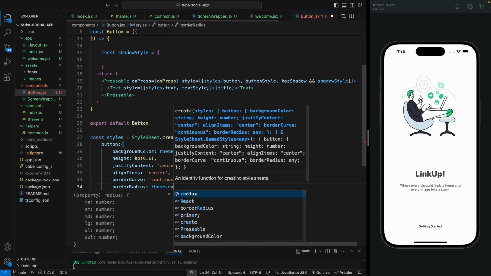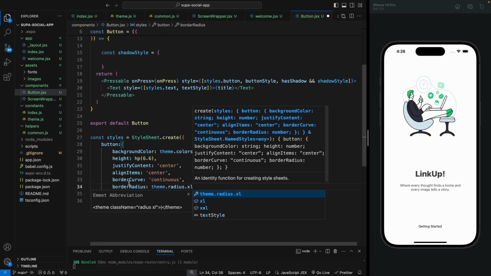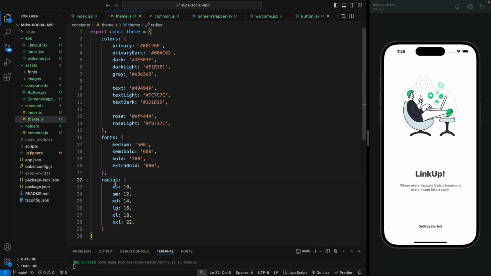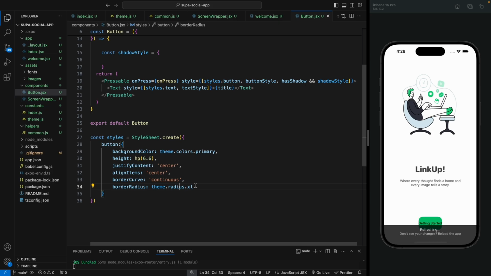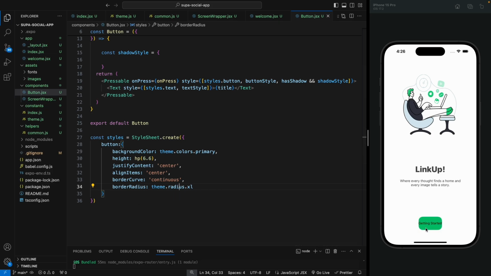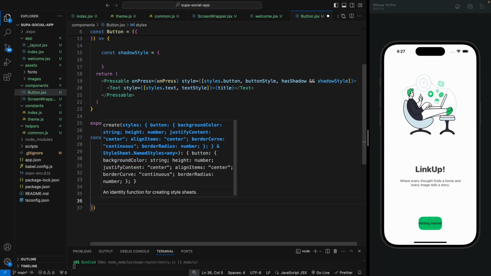We need to import the theme. theme.radius.xl, and these are already defined in our theme object, so we can use these multiple radiuses. Now let's save this, and this looks weird, but we'll fix this later. So now let's add the style for the text. So text style,